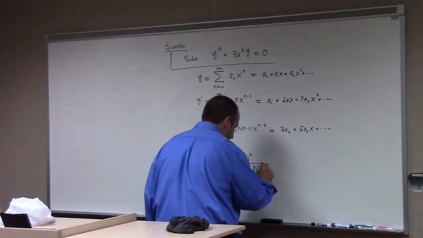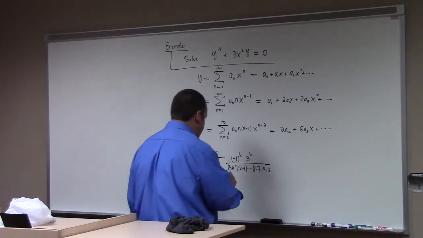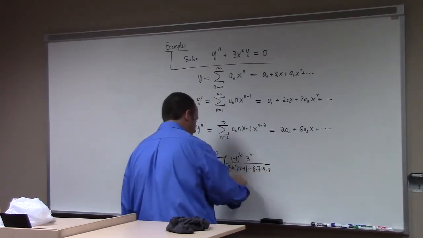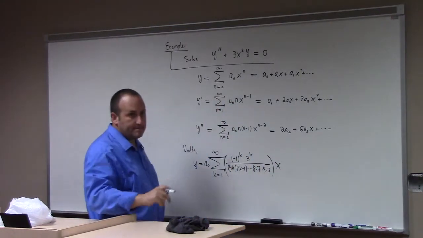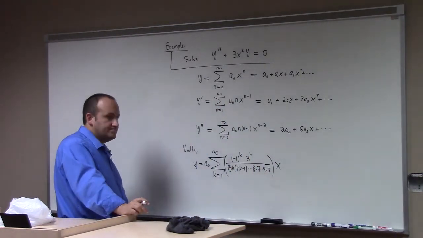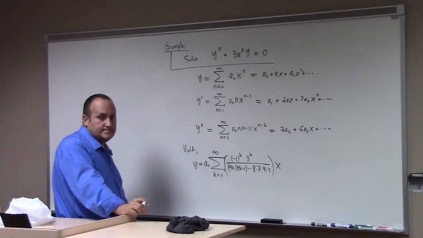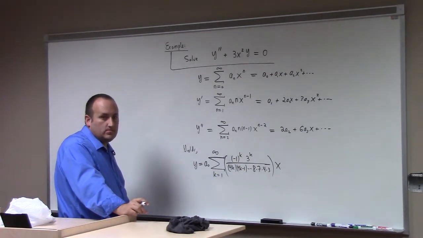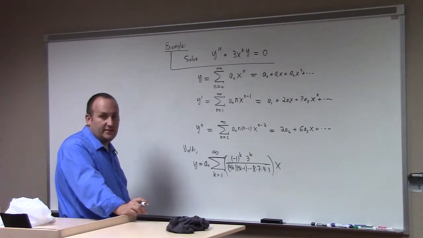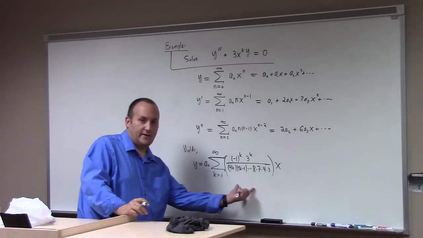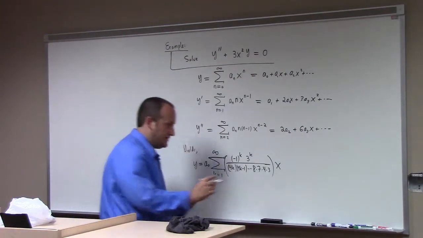I had a better pattern over there, fine. And that's all to the x to the what power? In our solution, a sub n is paired with x to the n, right? This is a sub 4k, so it's paired with x to the 4k,